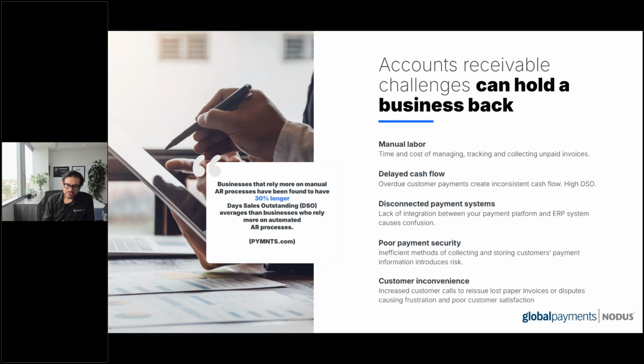Let's say you have some rep who's taking a credit card over the phone. Now that credit card number is exposed to not just your employee, but your phone networks. And how is that information being saved? Because you don't have an automated process, and your payments are not connected from your payment system over to your accounting system, that's essentially where a lot of security gaps happen, and that's where many security related